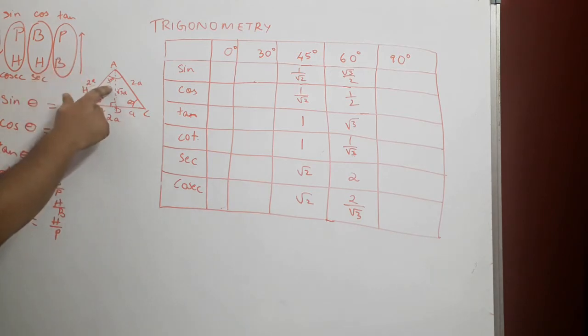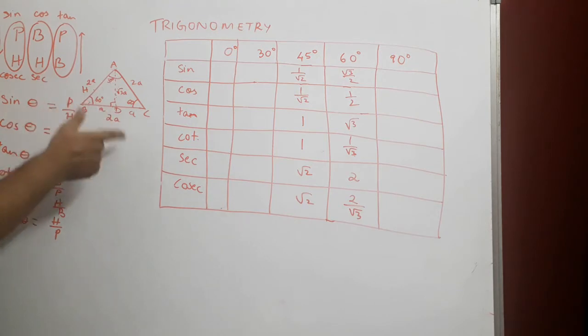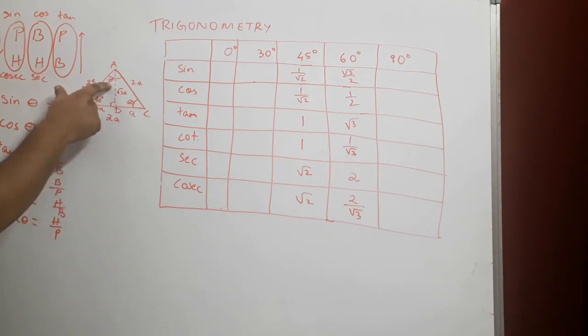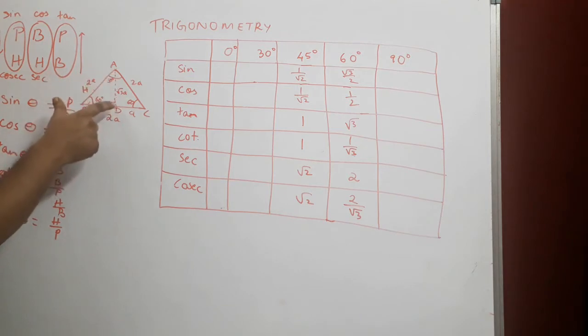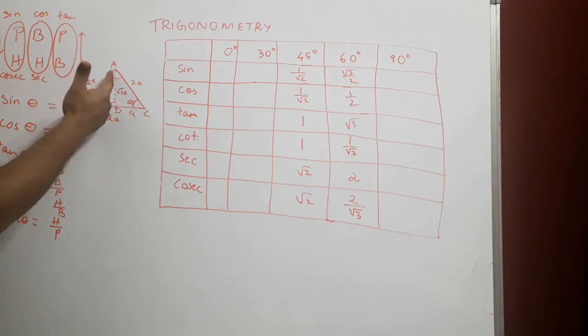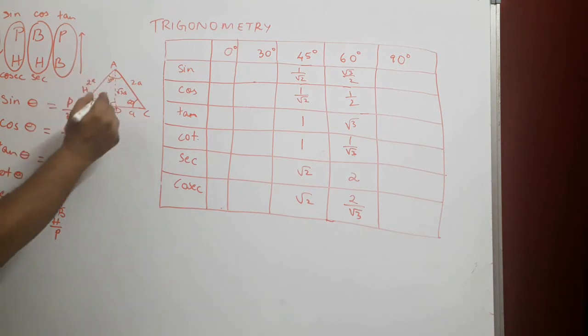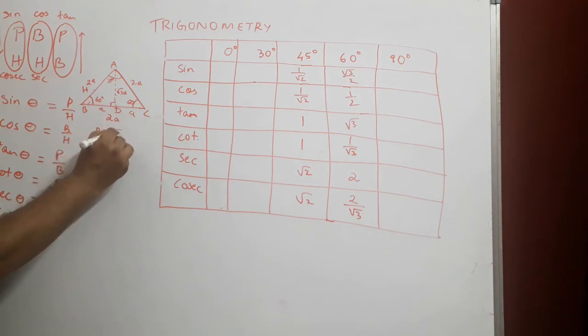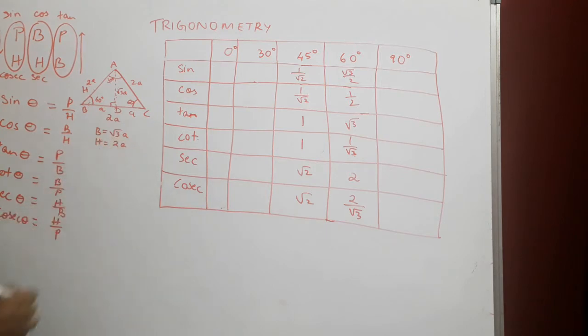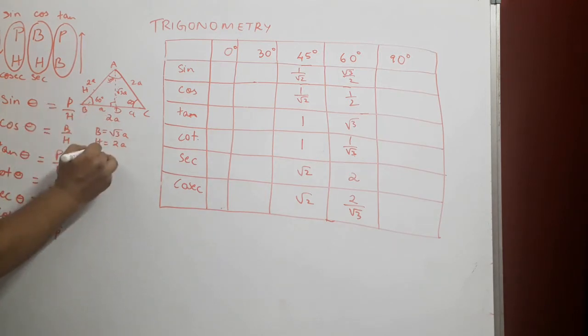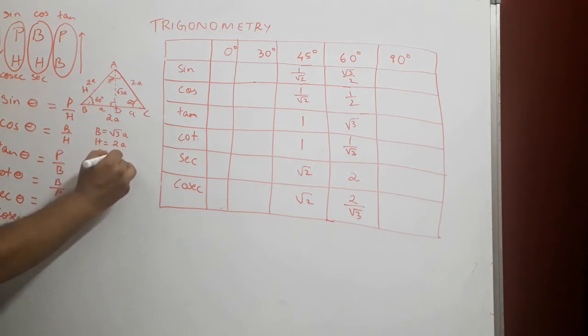If you look at 30 degrees is here, which means that the hypotenuse will remain the same, but the perpendicular and base will interchange. Why will it interchange? Have a look. The side adjacent to 30 degrees is now AD, which was the perpendicular in case of 60 degrees. So now AD becomes the base. So we'll write over here our base is root 3a. Our hypotenuse remains 2a and our perpendicular will now be a.